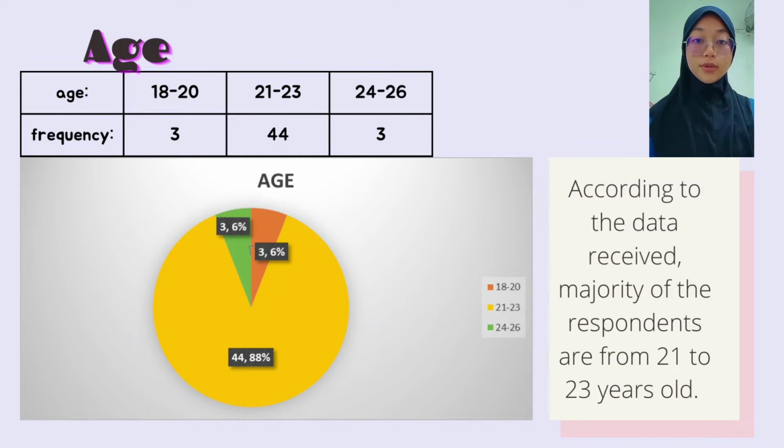I will be continuing with the age. So, we have 3 categories of the age: 18 to 20, 21 to 23, and 24 to 26. According to the data received, the majority of the respondents are from 21 to 23 years old, and the others are 18 to 20 and also 24 to 26, which is really low, with the same quantity, that is 3